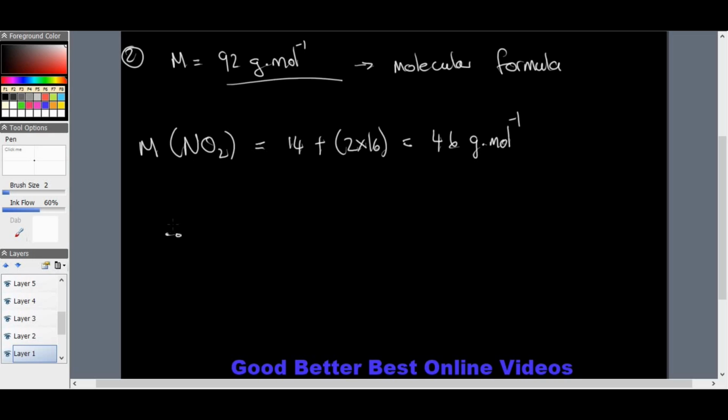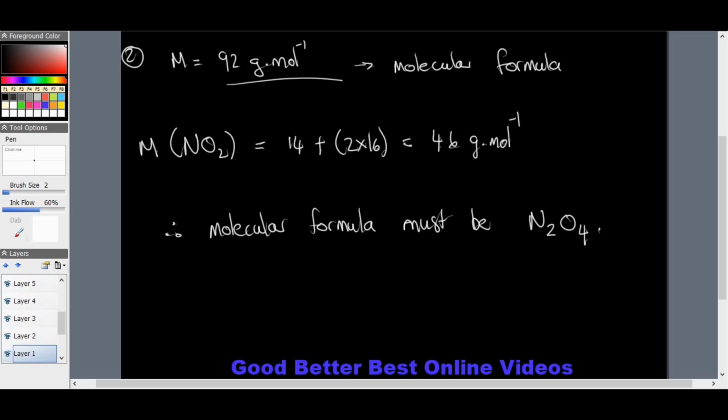So therefore we can say the molecular formula of the compound must be N. If this is double that, multiply everything by 2, because 2 is doubling, so it's definitely N2O4. N2O4 is the molecular formula, and if we're interested to find out what the name of that substance is,